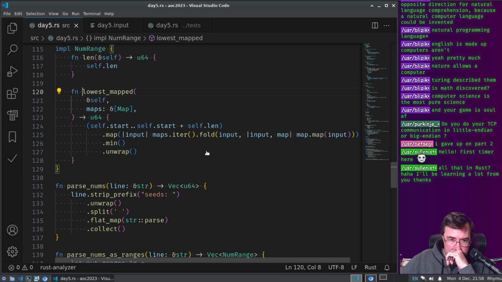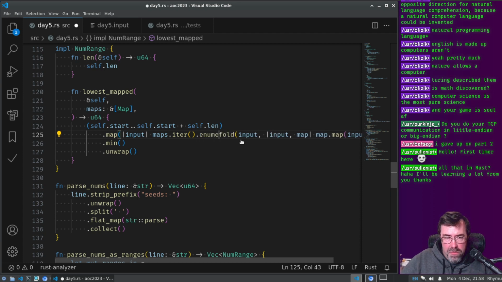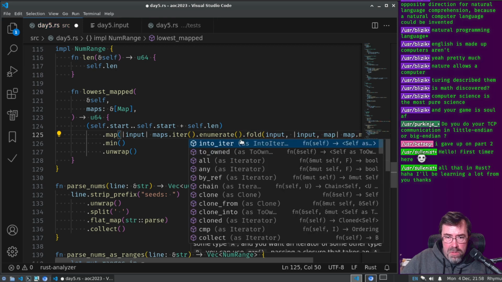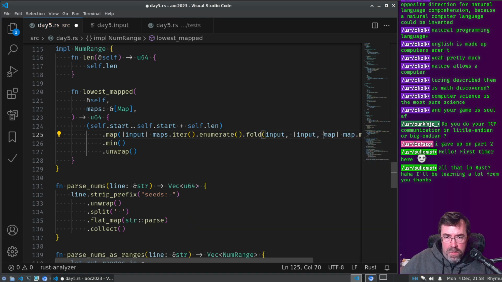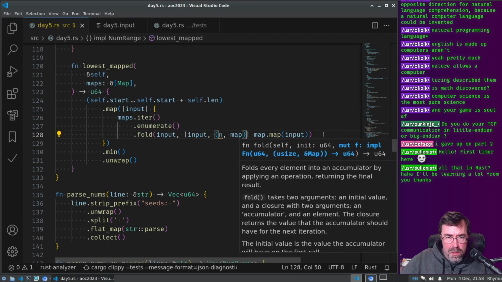Somewhere in here I've got to put in a counter or something. I'll do it here. Let's do an enumerate. And then what we get for fold is an N and a map, right?